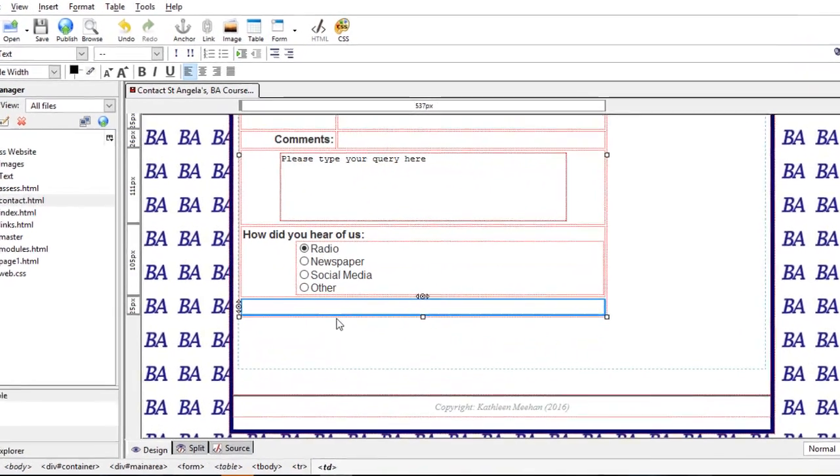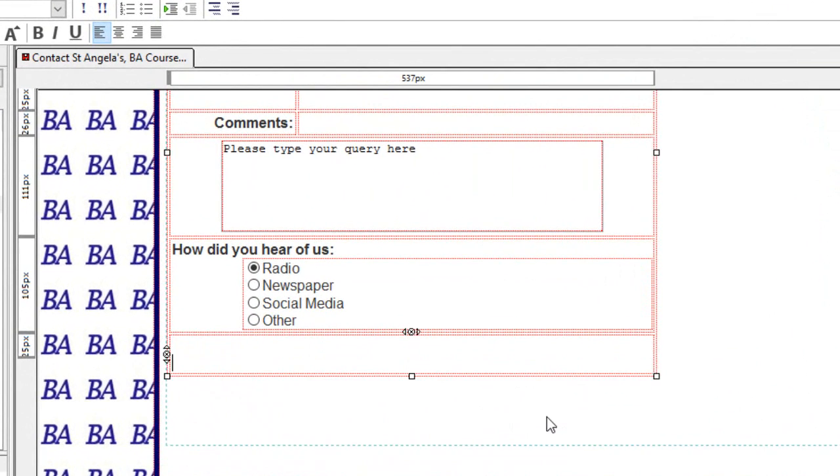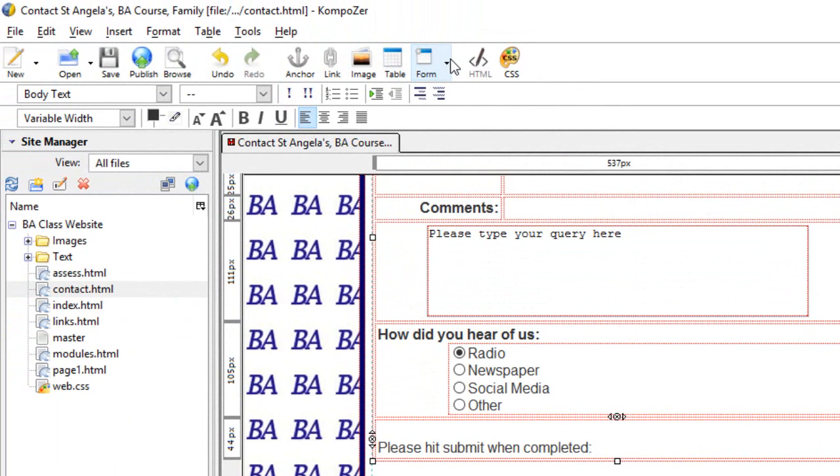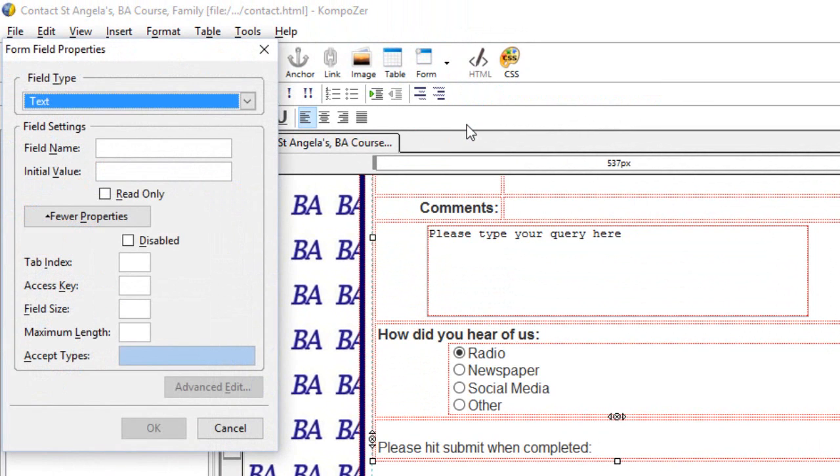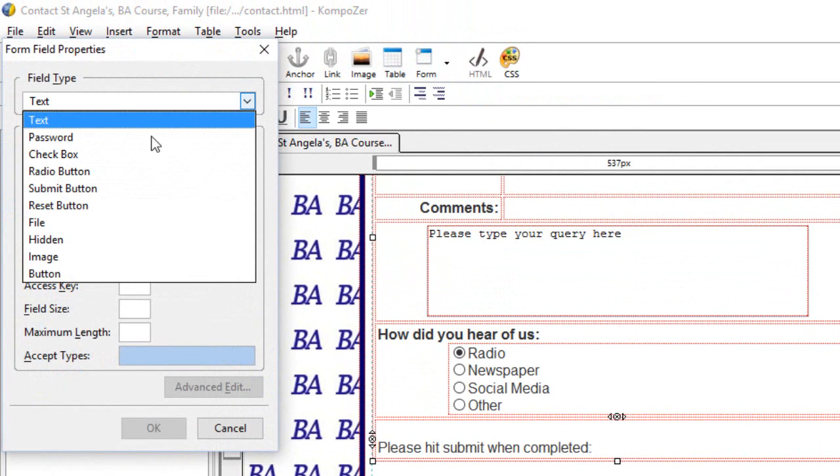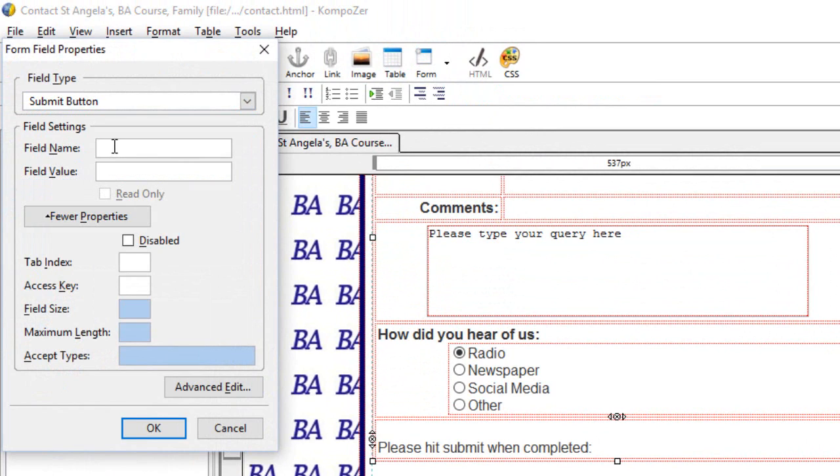So the first one I'm going to do, I think I'll just come down a bit of a line there, is I'm going to say, please hit submit when completed. And if I come up here, and again it's a form field, and the type that I want is a submit button. The field name again is submit, keeping it the same. And the field value is if you wanted it to be something like click to submit, you could actually type it in here. I'm not going to do it right now, and I'm going to just simply say OK,